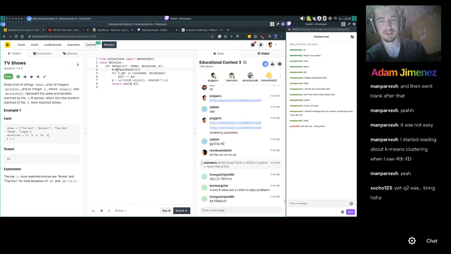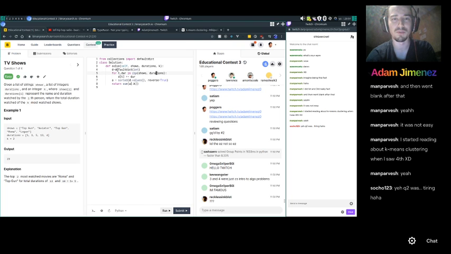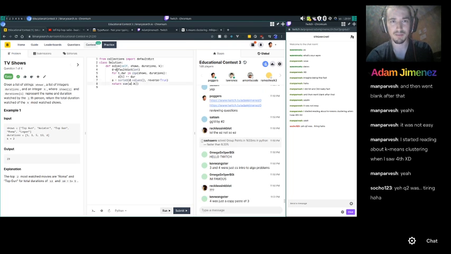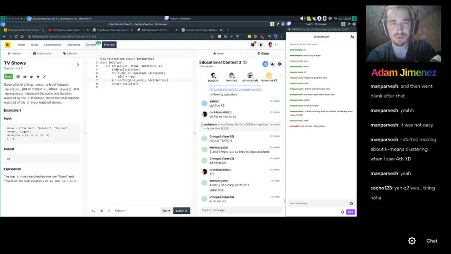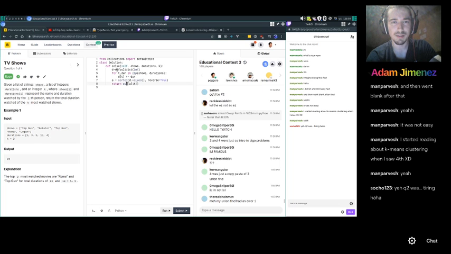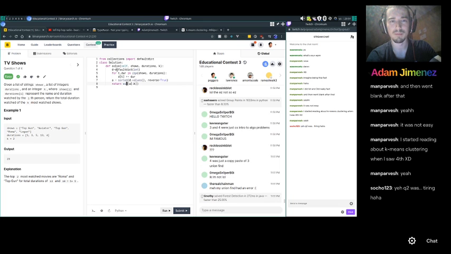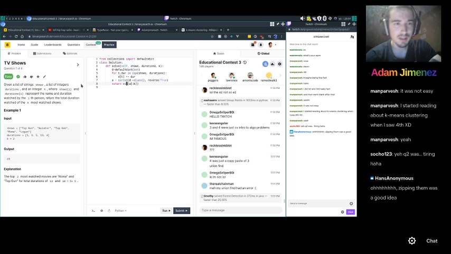So yeah, for my solution I'm doing exactly that. I'm zipping the shows and durations together to form pairs of titles and duration. And for each unique title I'm incrementing the duration. And after that you can just sort based on the duration. And take the sum of the k longest movies, or movies that were broadcasted the longest.